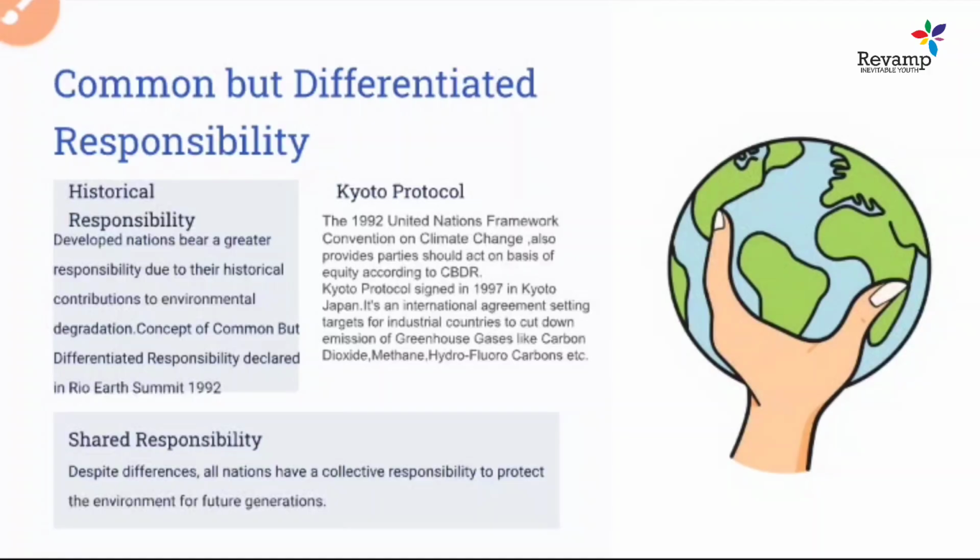So there is a lot of shared responsibility, not only among developed countries, but also developing countries coming together, and small island countries, which are mostly affected by this environmental issue. Because with the rising sea level, these island countries are going to be submerged in the water and can convert into water bodies. So we need a shared responsibility between all countries